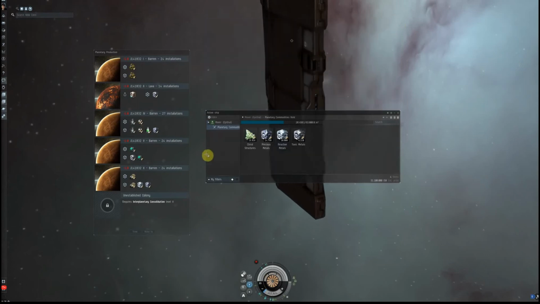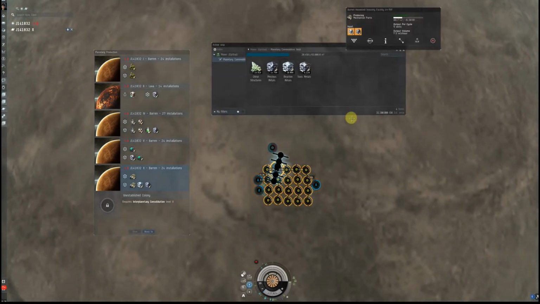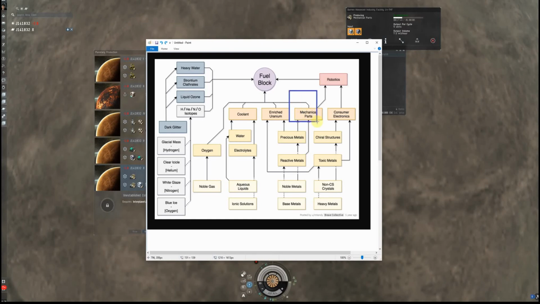So then I'm going to show you what a factory planet looks like. This is a good factory planet. On this planet, we are creating mechanical parts, which is this part of the chain. The mechanical parts have two inputs. One is the reactive metals, and then the other one is precious metals. These two feed into the mechanical parts P2